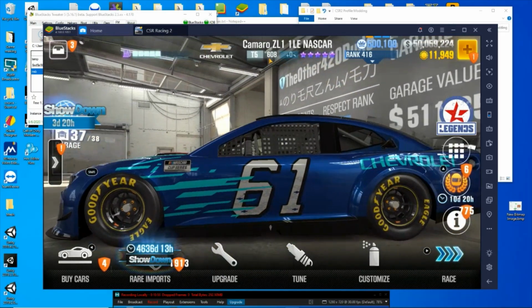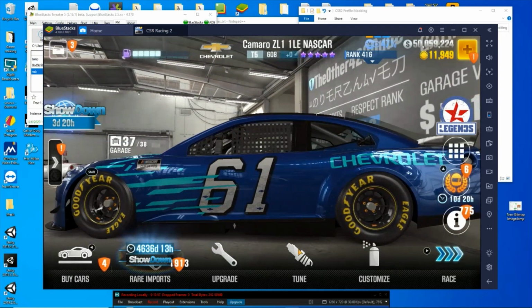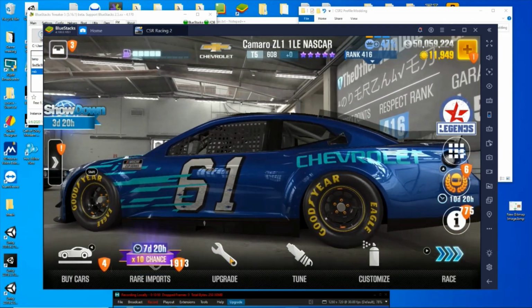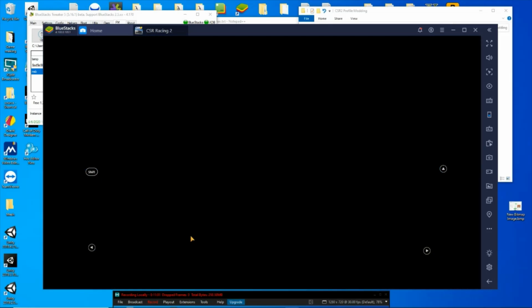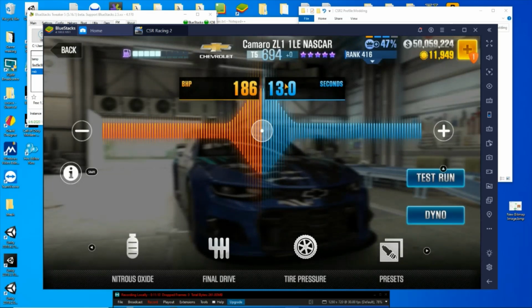Now I know it looks like it says 0 right now, and I said I put in the max one. Watch what happens if I go into upgrade or tune. It doesn't matter really. See how the numbers are already changing here. So now from here, obviously I can go ahead and tune the car, do whatever I need, get it ready